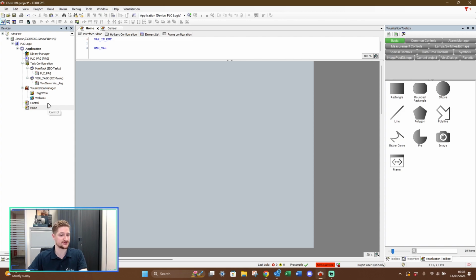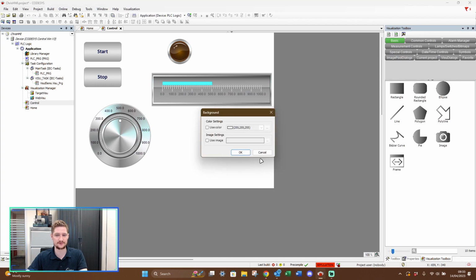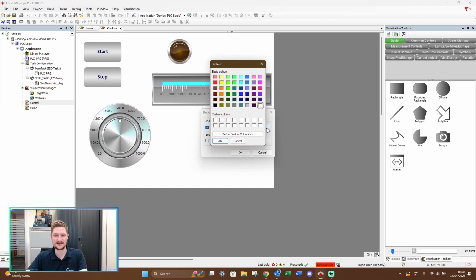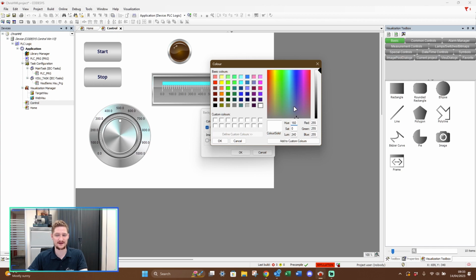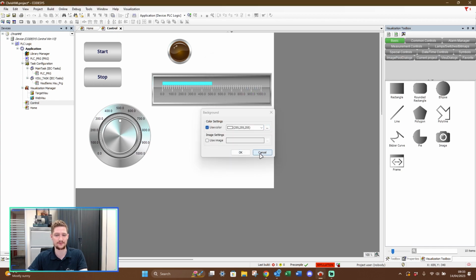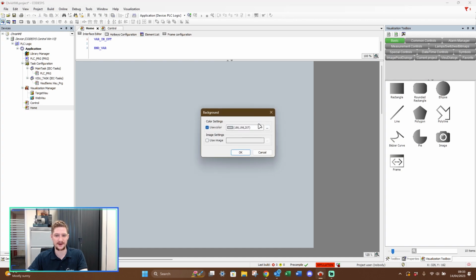So I can then do the same thing for the control screen. Again, I can go to background, I can then use color, I can then drop this down. Now if I try and look in here for that previous color, it might not be in here. So what I might have to do is go back to these 3 dots and find that color again. The better thing to do would be to go back to our home screen, right click, go to background,